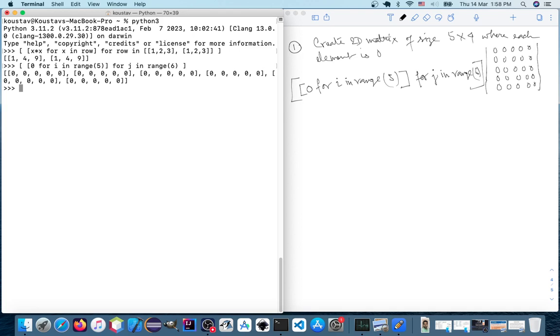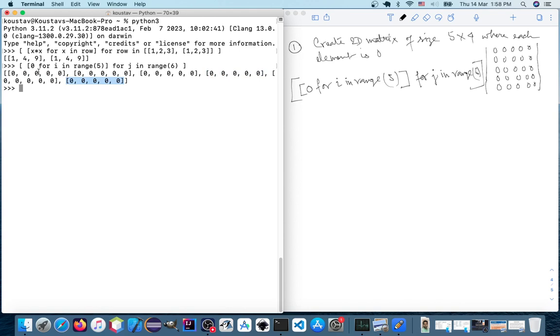How many elements are there in this list? 1, 2, 3, 4, 5, and 6. So we have 6 elements, and each element, which is basically a row of the 2D